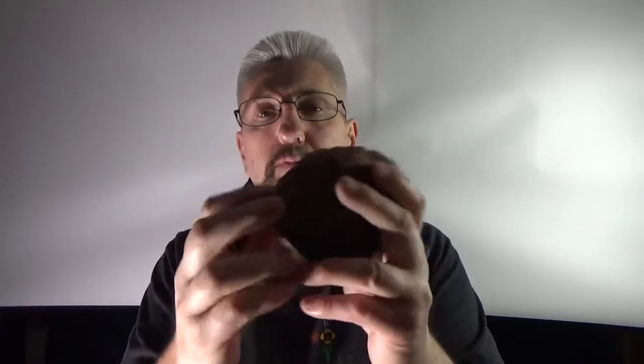So, in the process of discovering these artifacts, I came across some other things that were very interesting. One of them is this stone right here. Now this stone is amazing. As far as effigy stones go, this one is in a class by itself, because